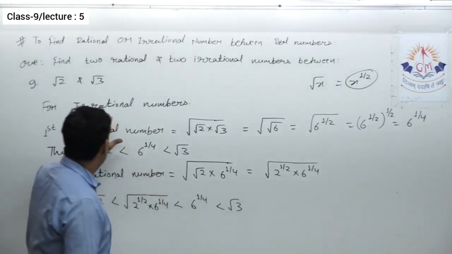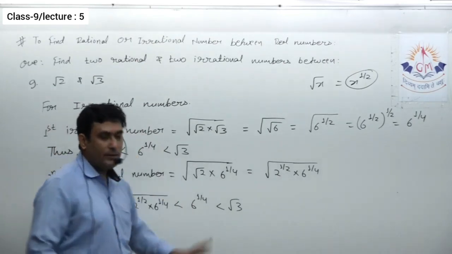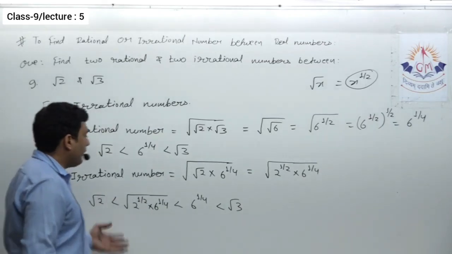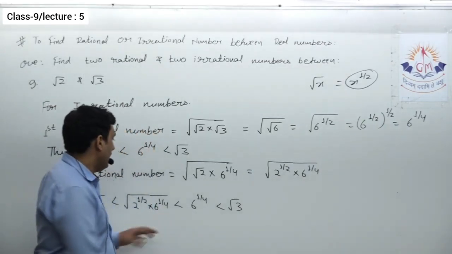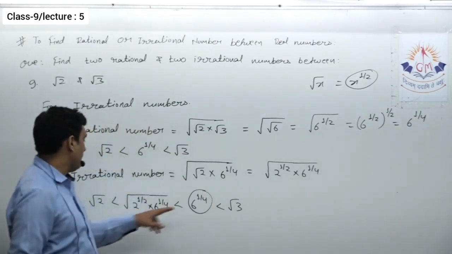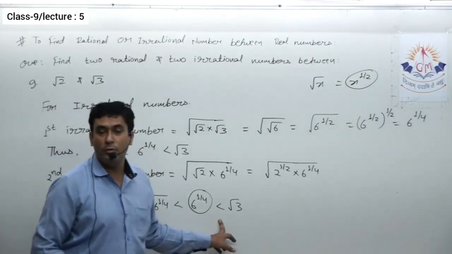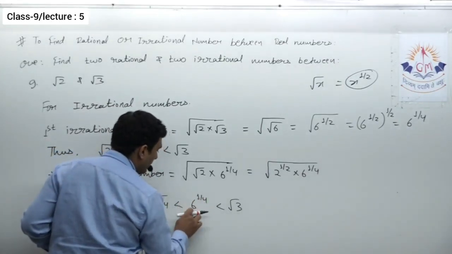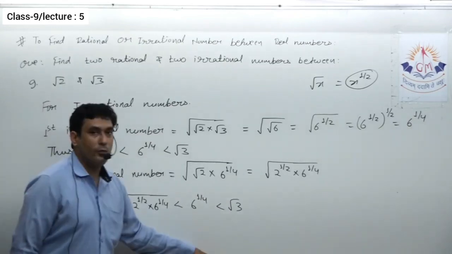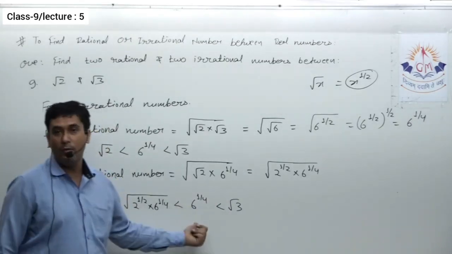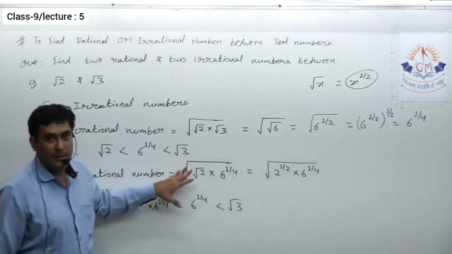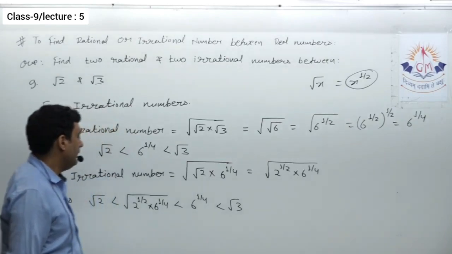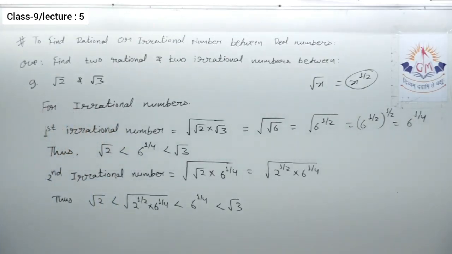So after discussing this method, I think you'll find the first method was quite easier. But this type of question might be asked in your MCQ part. That means if they give you this and ask whether this number is between root 2 and root 3 or not, you may need this. This type of question can also be asked in true and false, that 6 raised to 1 by 4 is an irrational number lying between root 2 and root 3. Unless you have the idea of this method, you won't be able to justify the statement. So that's why I discussed this method. So please note it down.